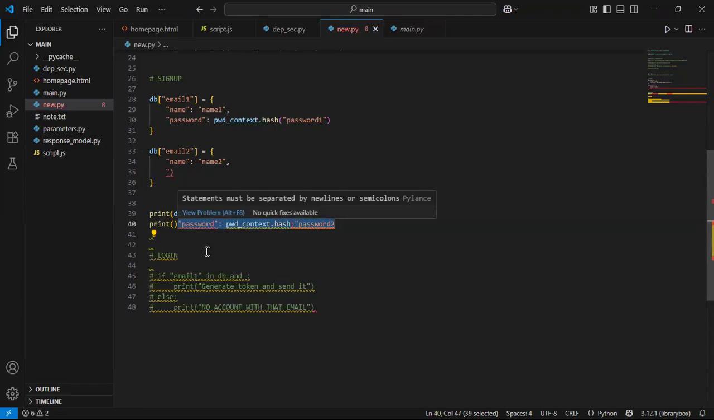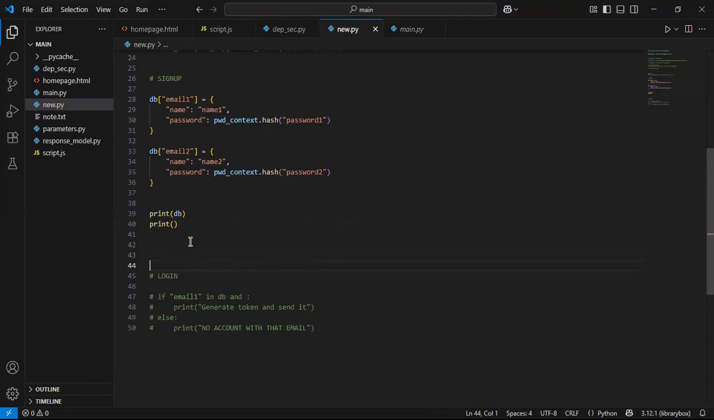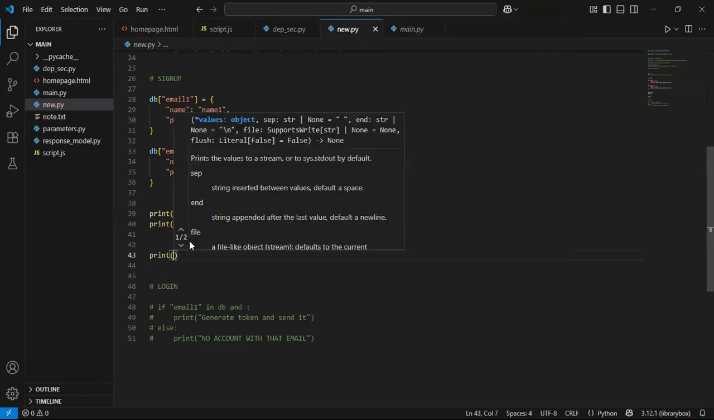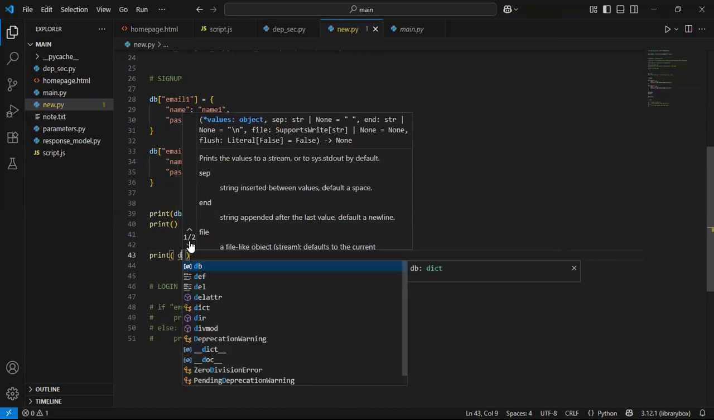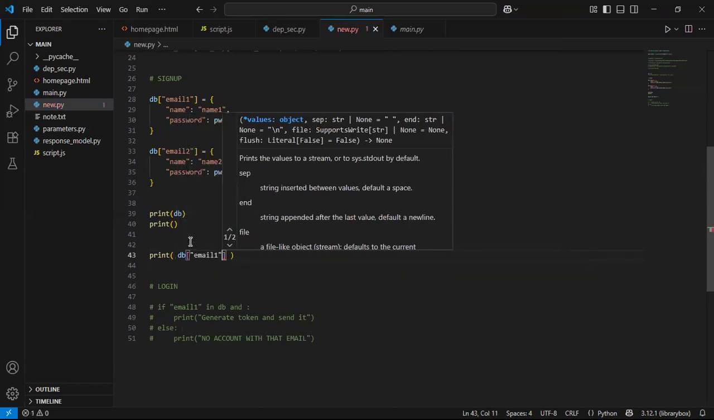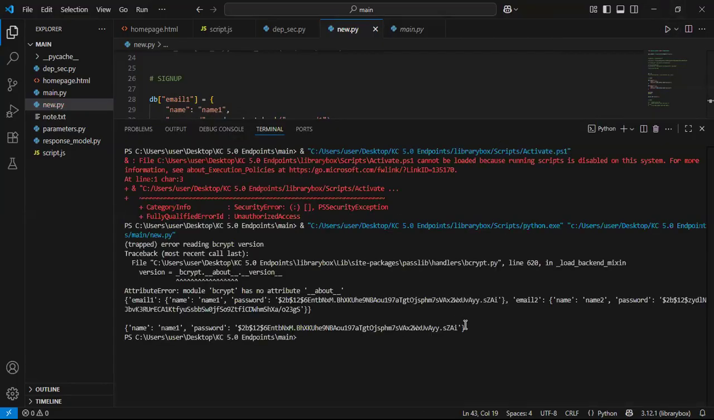If I come here and say print, what do I want to print? I want to print a particular key. So if I say DB and then in square brackets email one, I will get the inner dictionary. Basically, I'll get this inner dictionary that lives inside there. Now I can then further